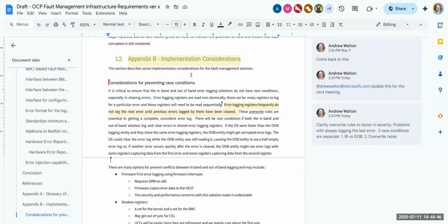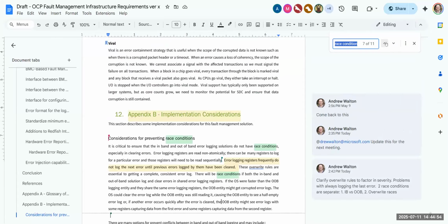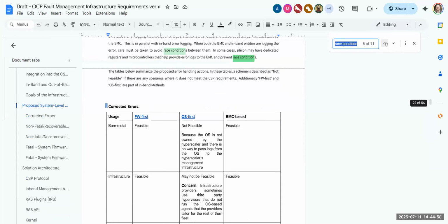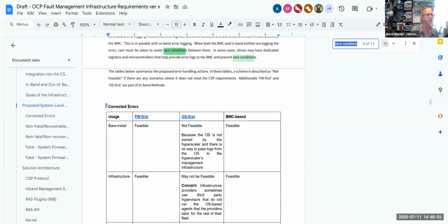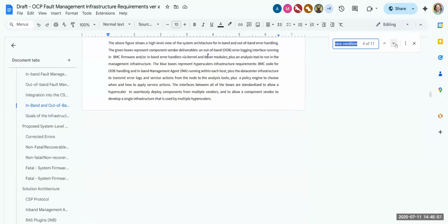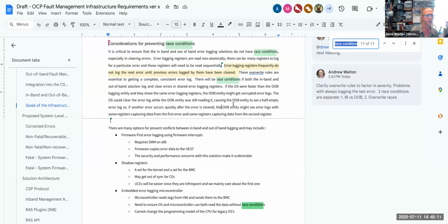Race condition prevention, we already called out as a requirement somewhere. This is more of a consideration, providing a little more clarity in terms of what you can consider to prevent that. We are not prescribing that this is the way to do it. I think we do say we have to avoid race conditions. So then these are just hints for doing that.